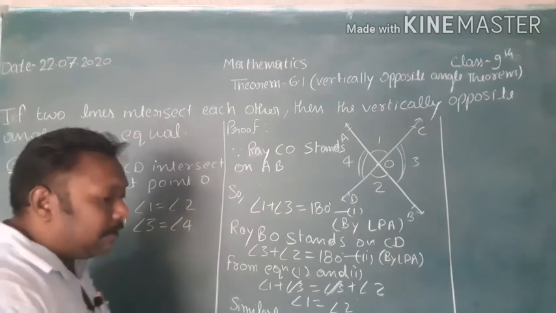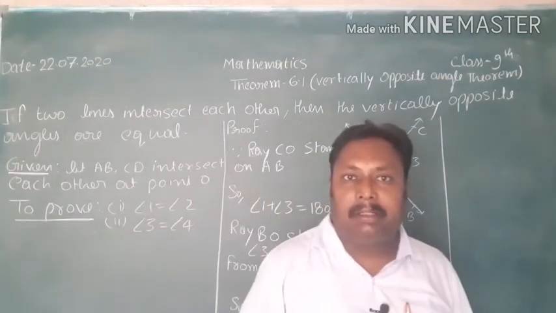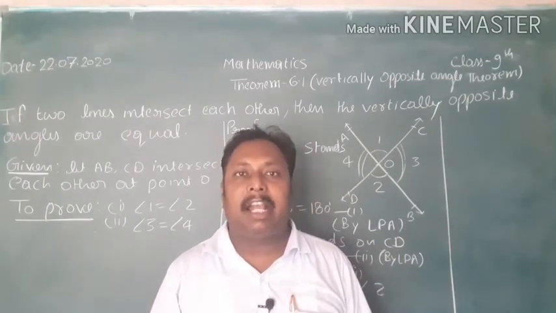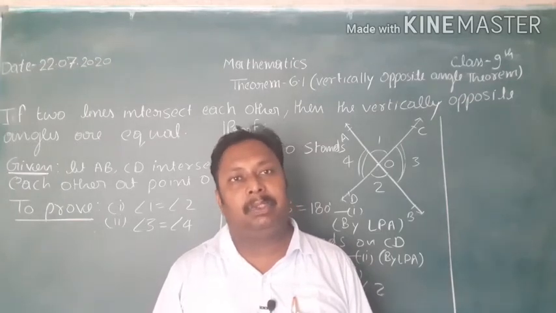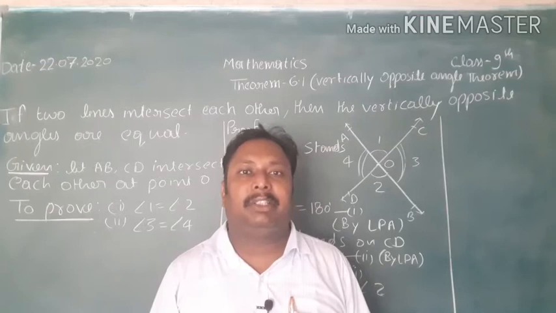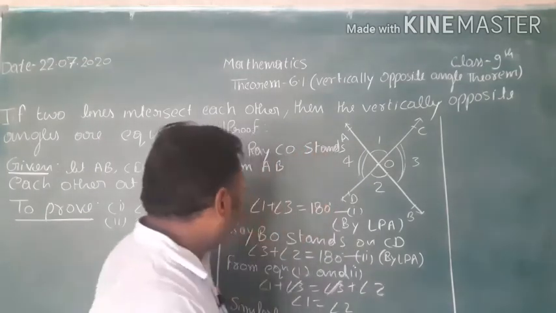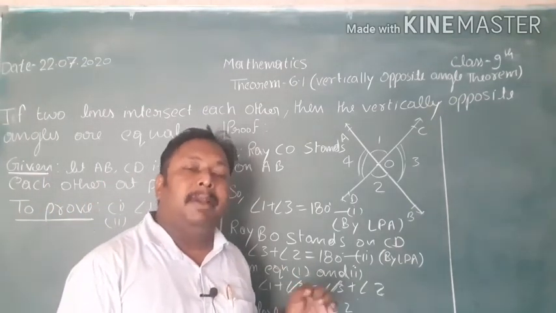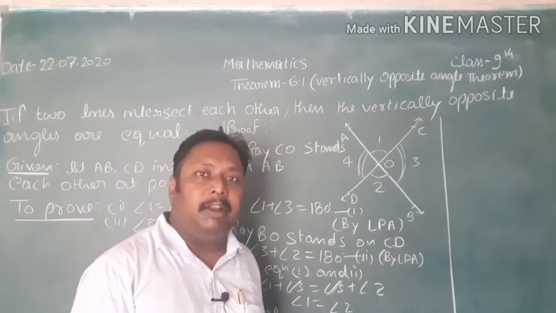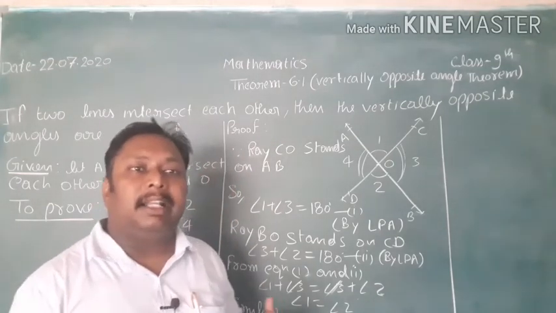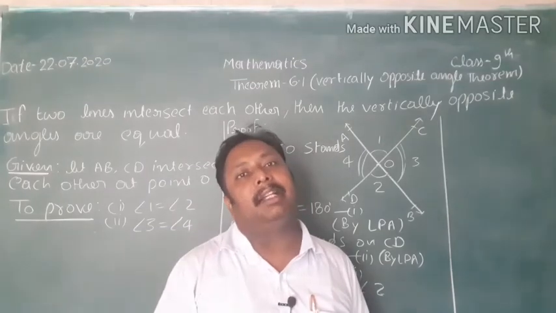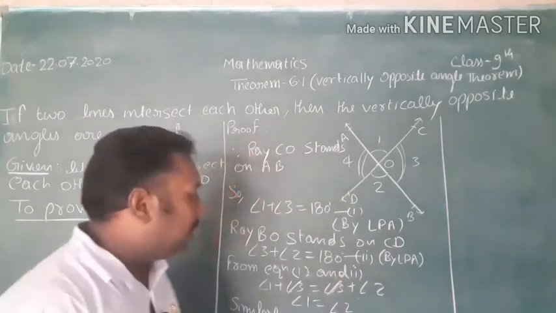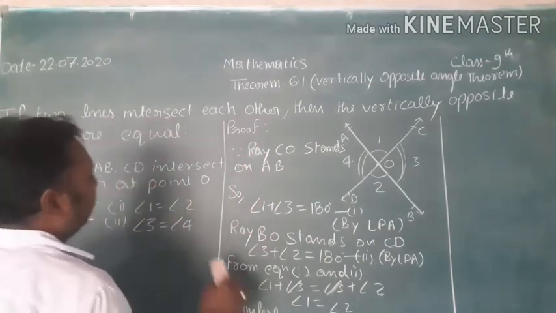Theorems are statements that can be proved by using axioms or previously proved theorems. So this is the definition of a theorem. By using this definition we can prove a theorem, but an axiom cannot be proved. Axioms are the basic facts of geometry that are granted without any proof, but theorems are statements that can be proved by using axioms, by using theorems, by using deductive reasoning.